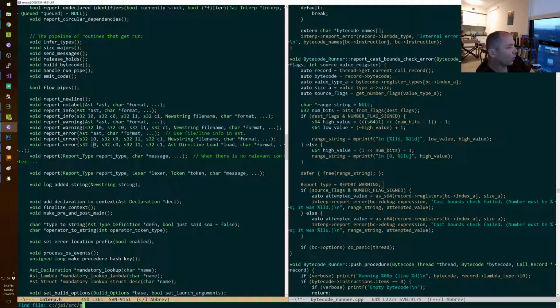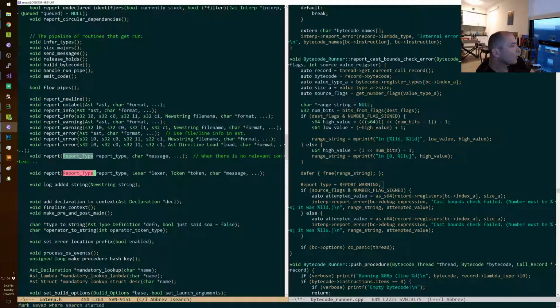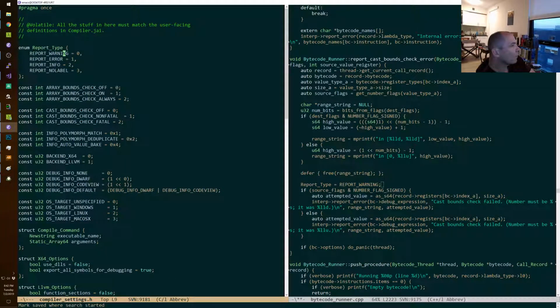Where's report type defined? What? Where is it? Report warning. Report error.